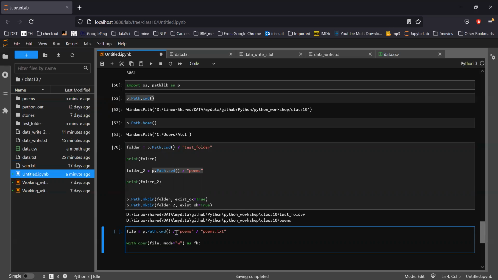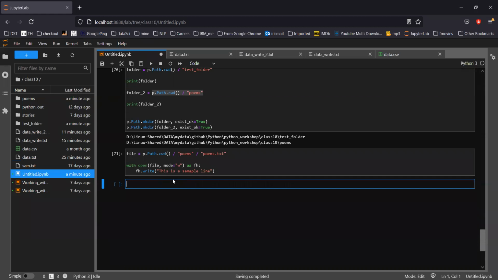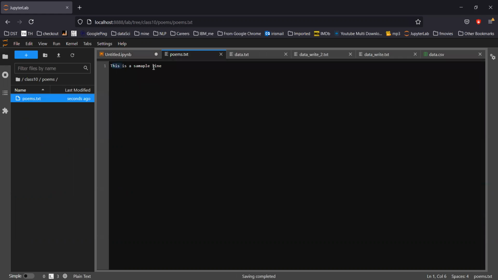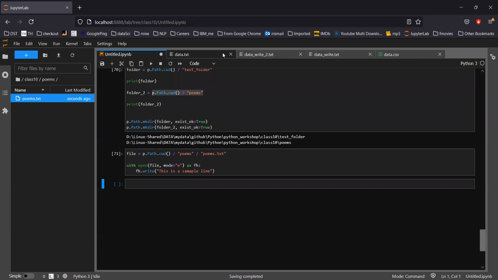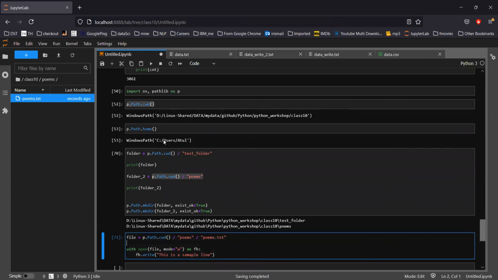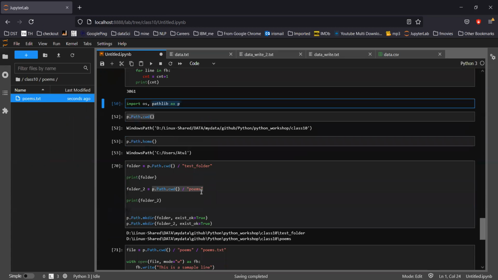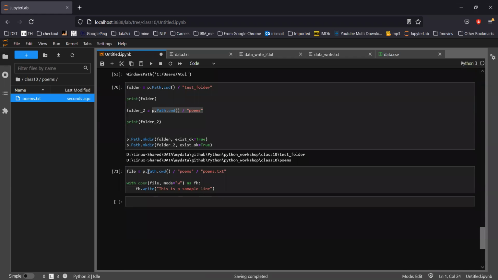And I'll say fh dot write, this is a sample line, let's say, and run it. It ran. Let me see if poems has any file. Poems has a file called poems.txt. If I open it, the content is there. So this pathlib library is very good to create a folder, to create a new